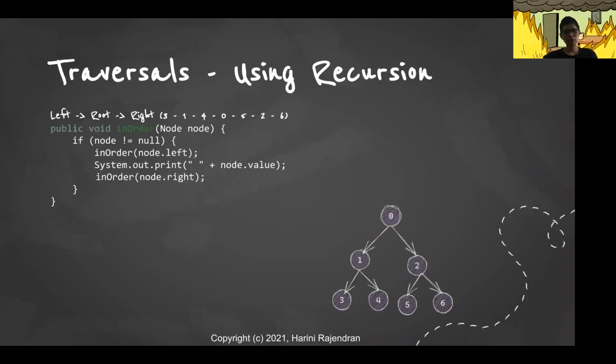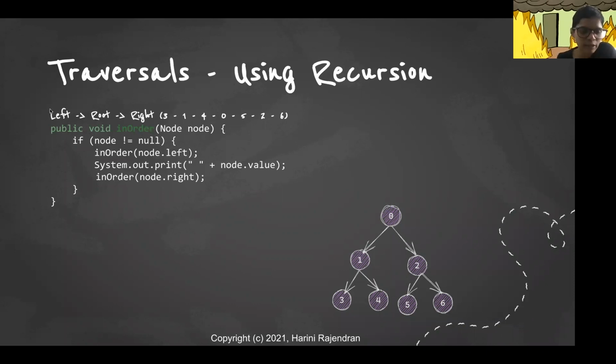And then as we saw earlier, there are these different kinds of traversals. I just wanted to show the recursive code for these different kinds of traversals. So the first one is the in-order traversal, where we traverse the left subtree first, then the root, and then the right subtree. So the code is pretty straightforward. This function is called inorder, with the root node passed to it as the parameter.